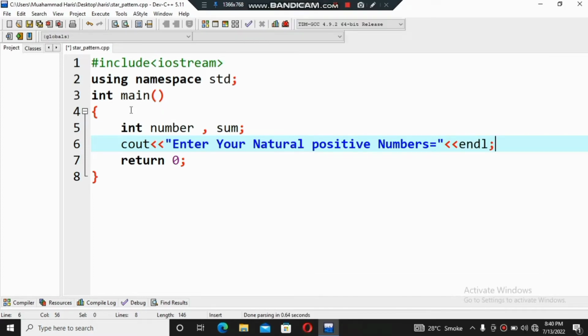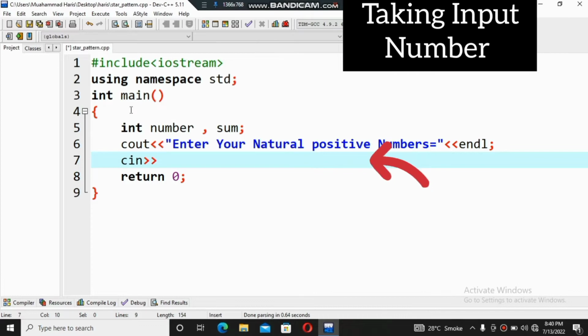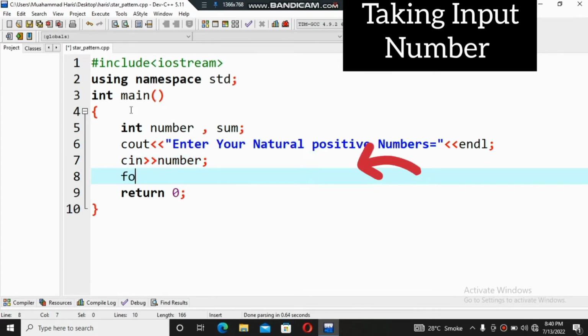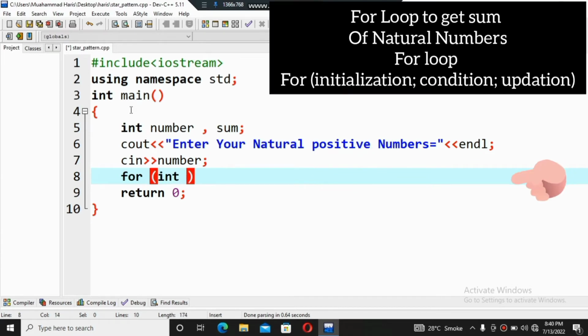For that I have used cin, the input stream. I have used number here, so it will take the input number from the user. The next step is I'm using a for loop. A for loop has three parts. The first one is initialization, the second one is condition, and the third one is updation. So I'm initializing i equal to 1. The condition here is i less than or equal to n, and i plus plus will update our